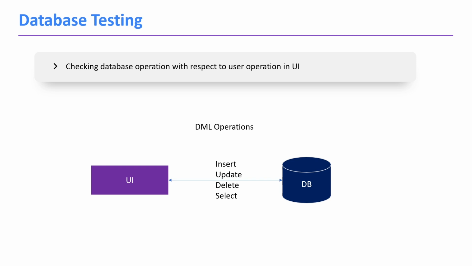It will retrieve the data from the database. It will check whether the particular user is already registered with our application or not. Then it will allow that user to log in to the application. Then if in the front end the user is updating his name or profile picture, or some data in his profile, that data should be updated in the database.